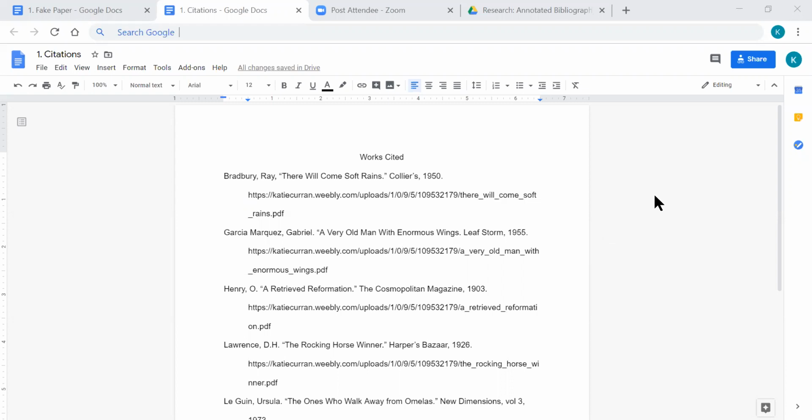So I'm going to show you how to set up your papers so that you have the formatting correct. My class is using Google Docs, so I know that Dr. Sproul's class is not using Google, but honestly, with Word documents, it should be almost exactly the same. You might have some minor differences, but it'll be really close. So first, just so you can see, I have this one kind of fake page with citations, and then I